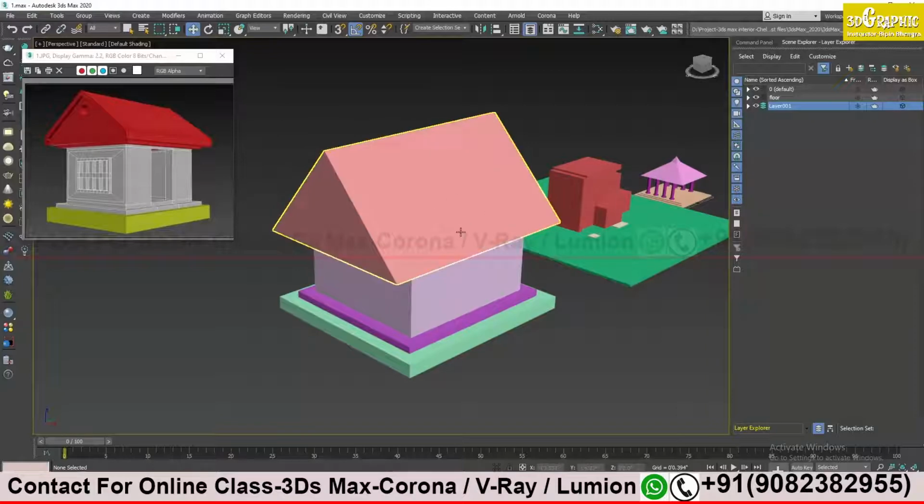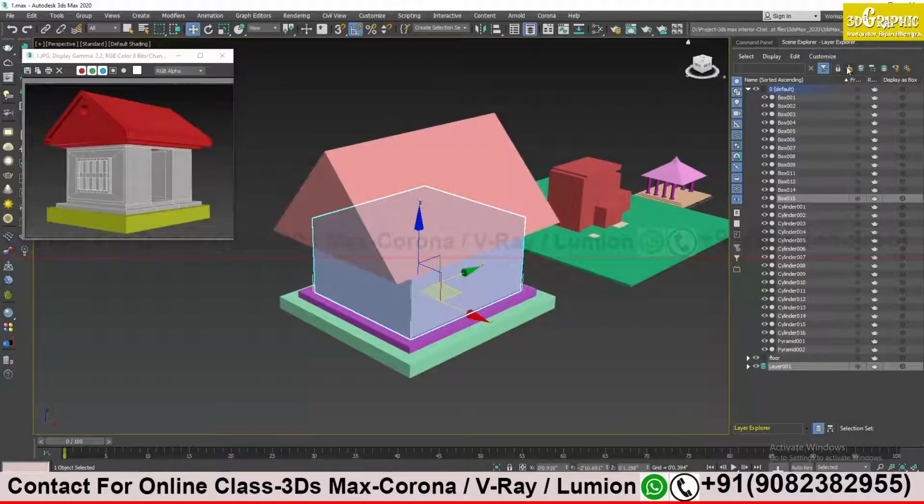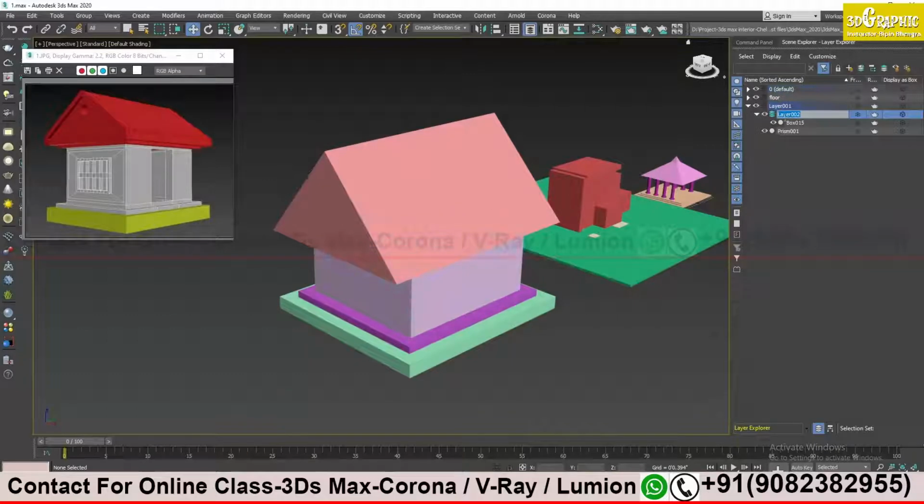It's very simple. If you select any object and click on the plus sign, a new layer will be created and your object will be inside that layer. Okay, here something different happens. You see, we have a layer inside another layer. Just have a close look over here. We have a small triangle which is inside another triangle. Sometimes it happens.